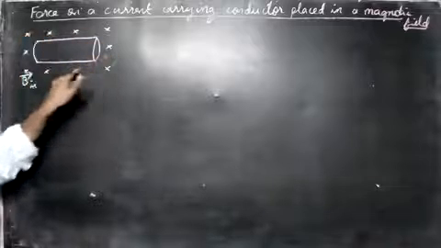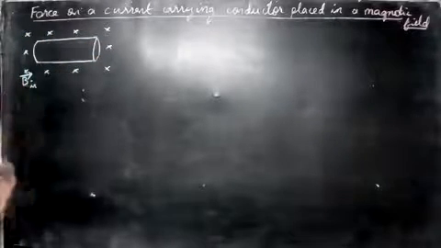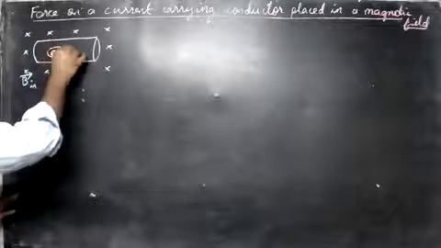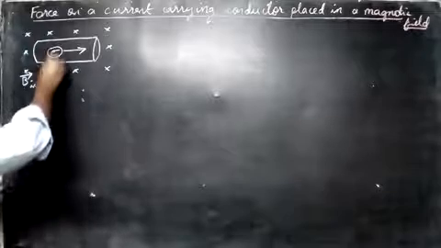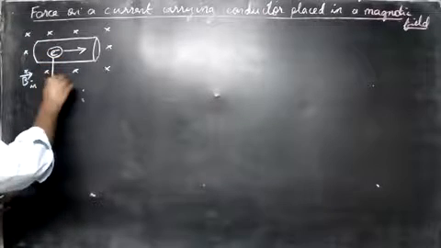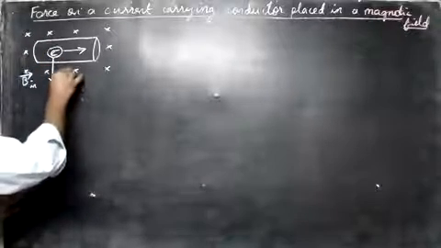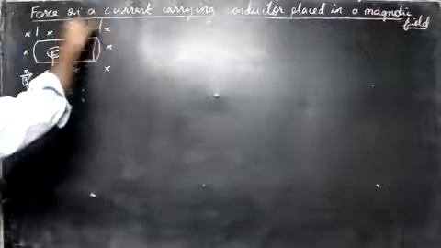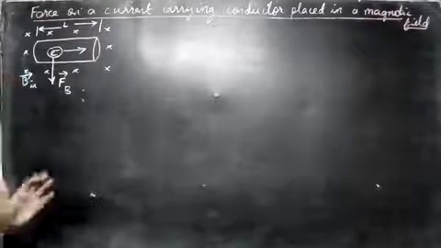You can see the X means the magnetic field is going into the board, that's why it's written as B in. Now we say current is a flow of electrons. There's an electron here, and this electron goes towards the right side. Due to the magnetic Lorentz force, the force will be downwards here. This is the magnetic force FB. Let the length of the wire be L.